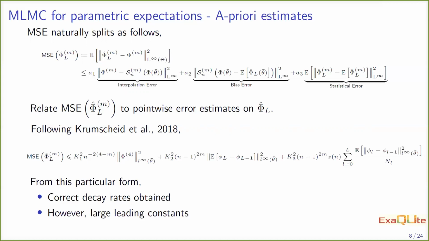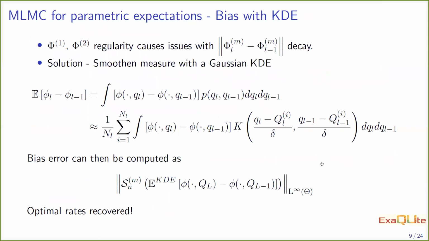So the main challenge of this work is to tackle that, and we present ways in which we can solve this problem. So the first term that we tackle is the bias term. And the problem basically goes like this. If you want to estimate capital phi as the expected value of small phi, and small phi is piecewise linear, then replacing the expected value with a finite number of samples is basically a linear combination of piecewise linear